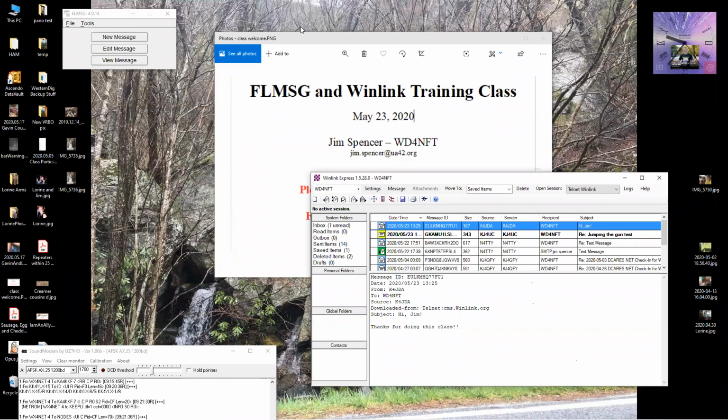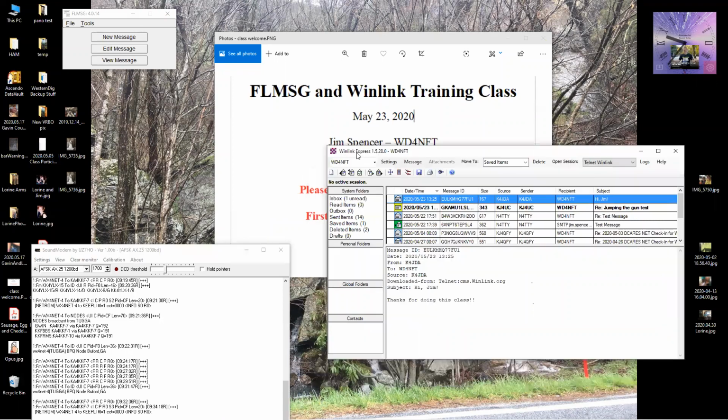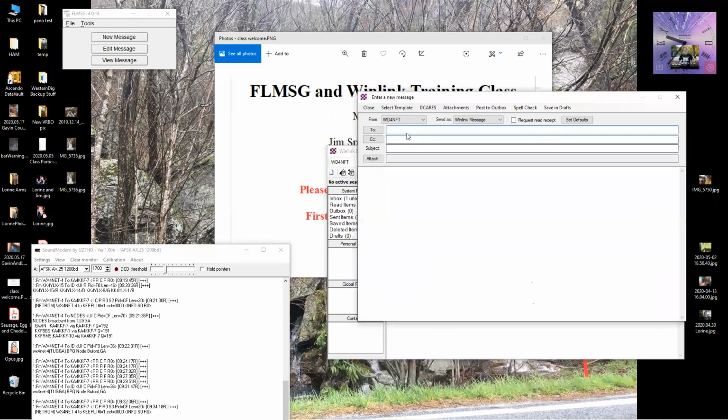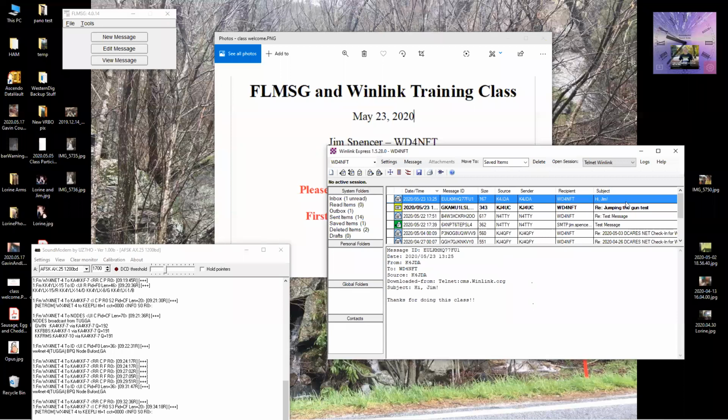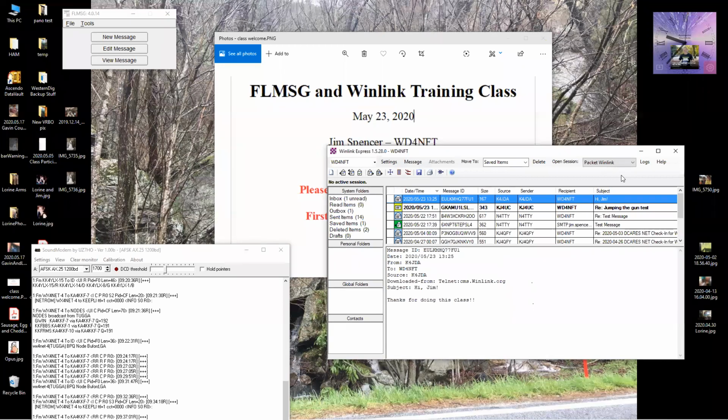That's the basics right now. I will show you. So I'm going to go ahead, send a Winlink message from me, post it to the outbox. This time I'm actually going to do packet Winlink. Now I am not an HF person. I have not tried it over HF yet. I need to, but I haven't. So I'm actually using a VHF and or a UHF radio